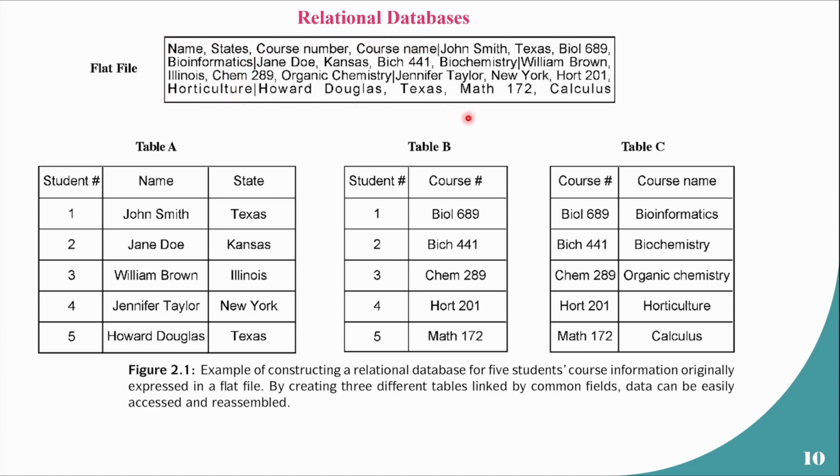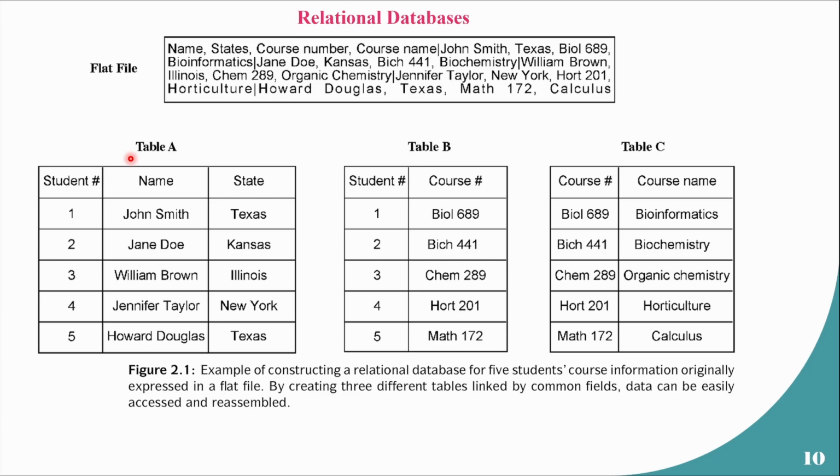However, you can imagine that if you want to run a particular query, or get any particular information, let's say from the state of Texas, which courses the students are taking, if you want to retrieve some complex information like that, the computer, or the algorithm, has to go through the entire file to get the data. However, what relational databases do is that they firstly divide the entire data